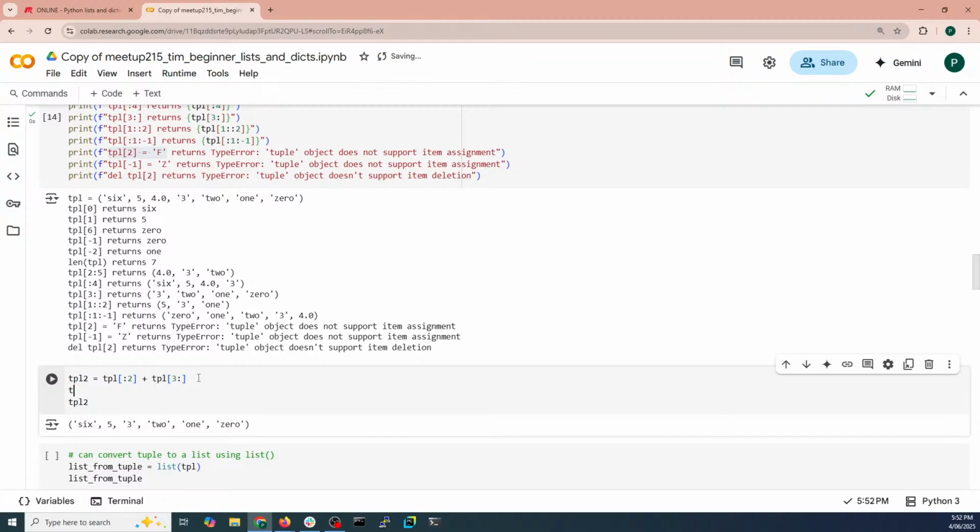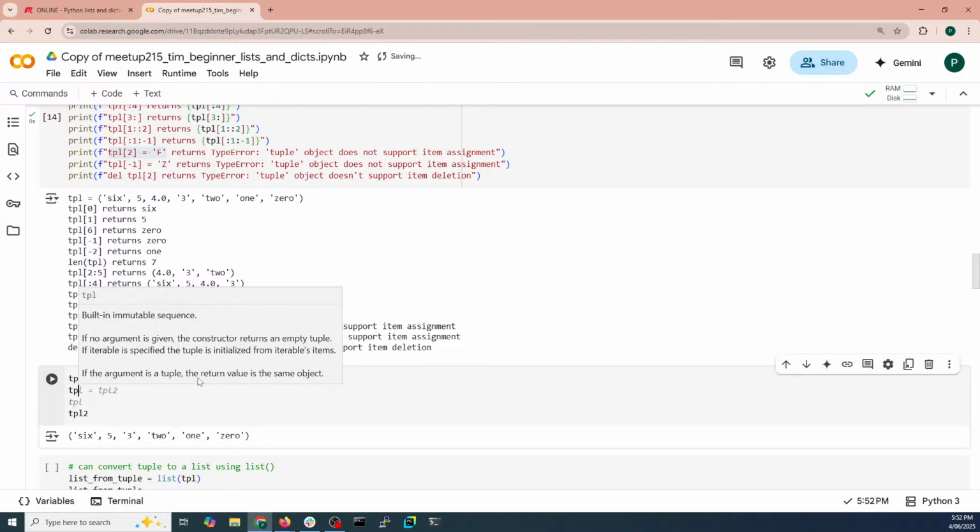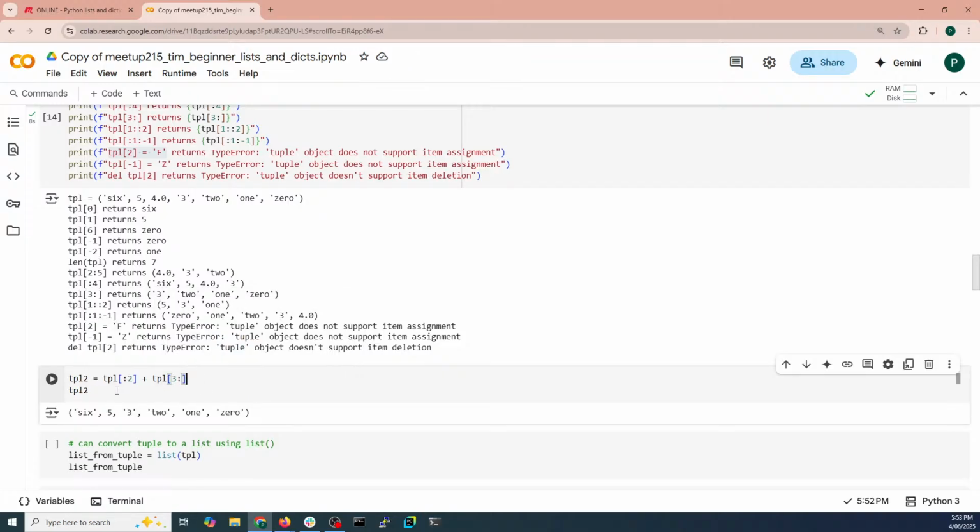Here I could say tuple. In fact, I won't even do that. I'll just say that tuple equals tuple up to 2 and from 3 onwards, and that's given me a new tuple. So the point here is that TPL now has a new value, but I haven't changed the value that was sitting in TPL. So anything else that was referring to that value in TPL knows that it hasn't changed,